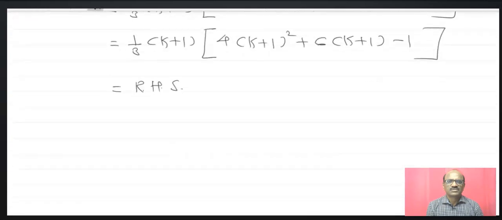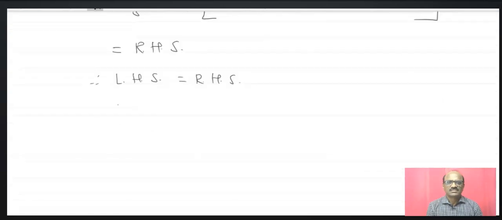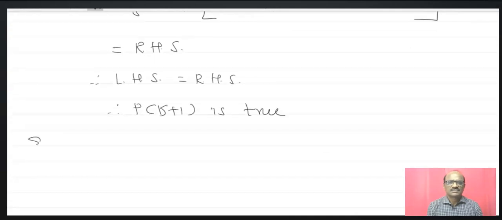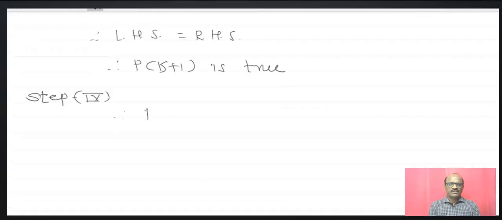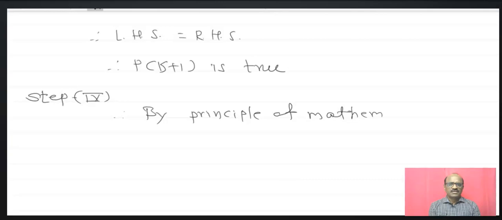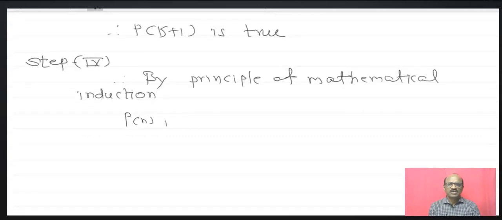That is equal to RHS, and hence LHS is equal to RHS. That is, P of k plus 1 is true. Now the step number 4: therefore, by the principle of mathematical induction, the given result is true for all n belonging to capital N. P of n is true